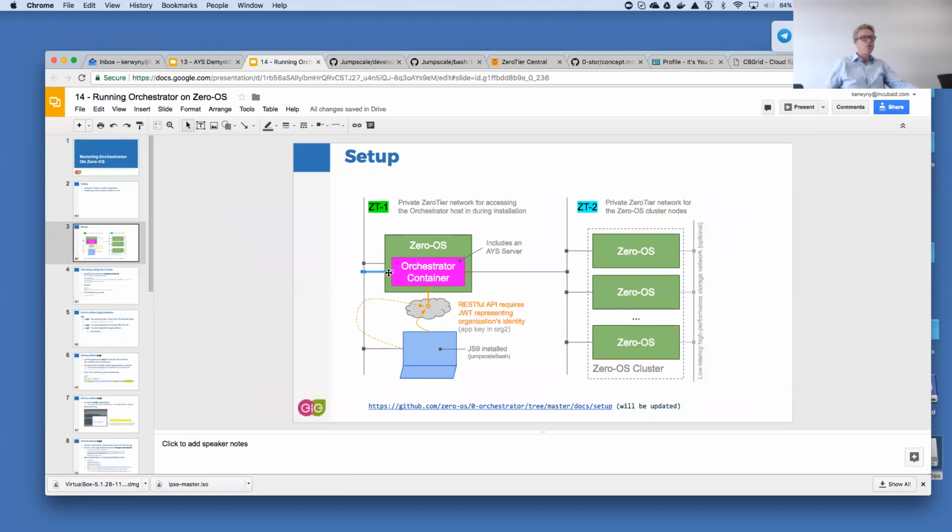And that allows you not only to talk to the orchestrator directly through the zero-tier network, the container I mean, but you can, of course, and that's the whole point, use the RESTful API exposed by the orchestrator to get the orchestrator do things, for instance, from within Insomnia. That's clearly what you need to do.